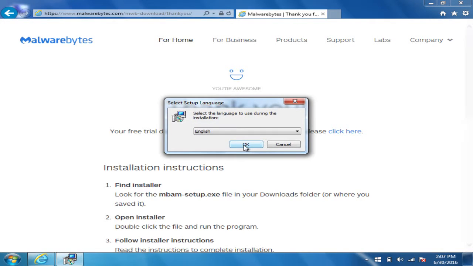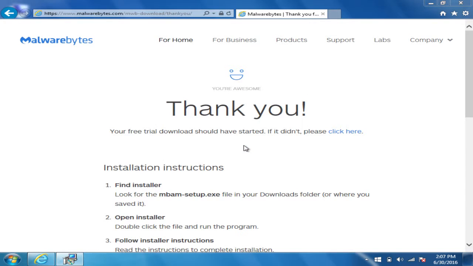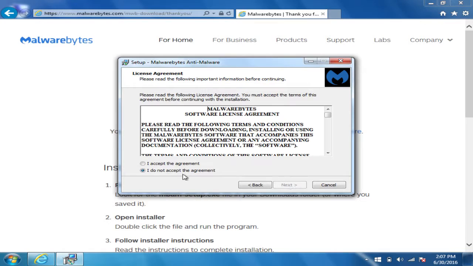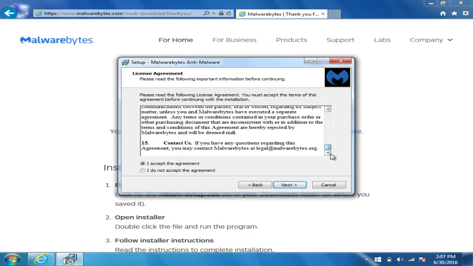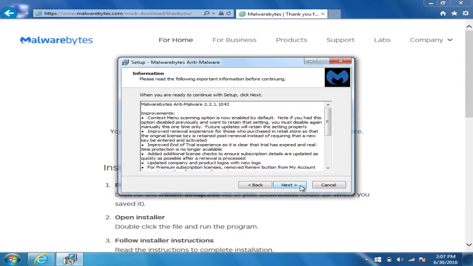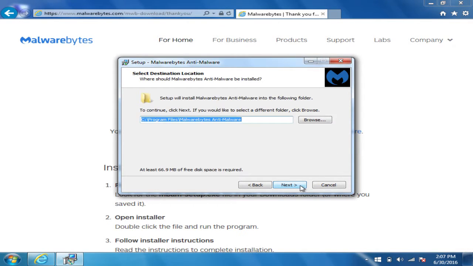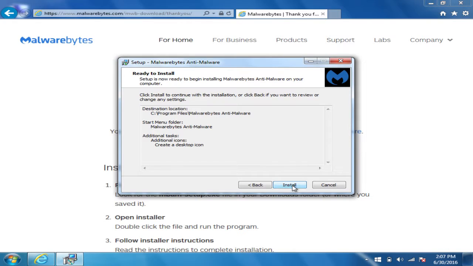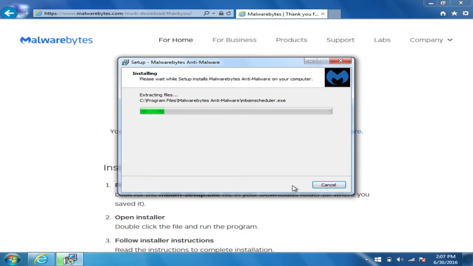You click OK after you choose your language. Click Next. You accept the licensing agreement, which is right here if you care to read through it. You click Next. Click Next again. Click Next. And you click Next. And then you click Install.